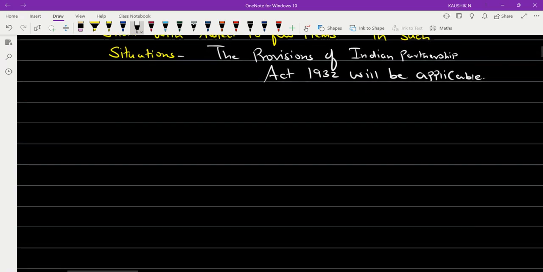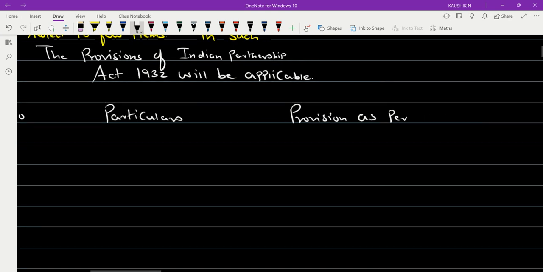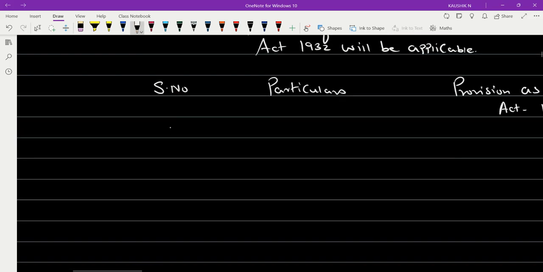Now let's see what those items are, one after the other. The first item talks about